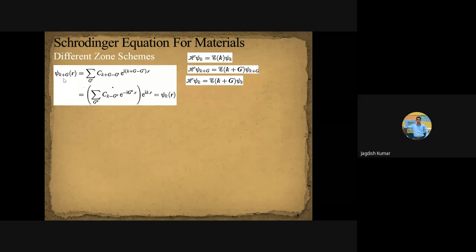It is related to the second order derivative of energy with respect to wave vector. I hope you have done the relation for the effective mass of the electron, which is inversely proportional to del square E over del K square. So if somebody gives you E versus K, you can calculate the effective mass of the electron from that. That effective mass can be used in Newtonian equations of motion, and we can then calculate the conductivity of a material based upon the effective mass of the electron. So there are a lot of things which can be obtained from E versus K.